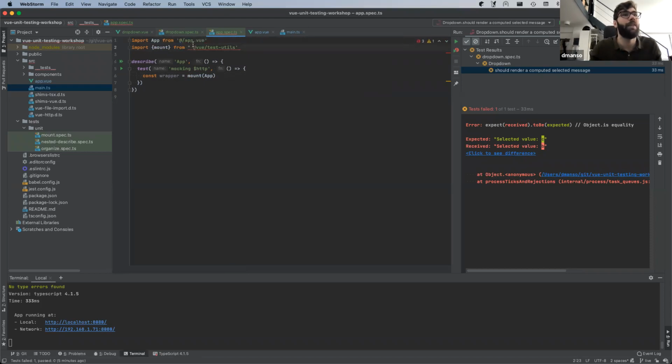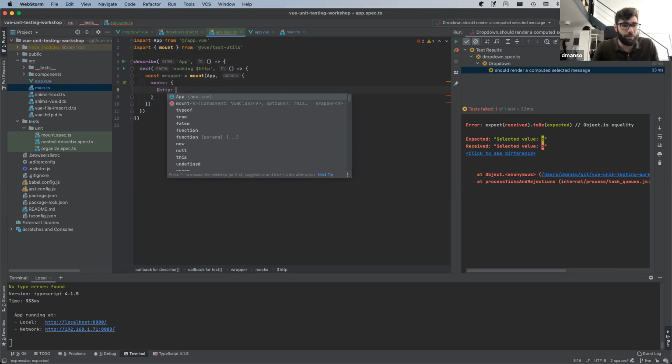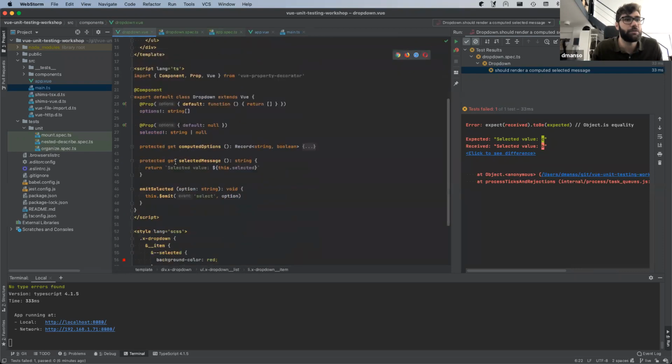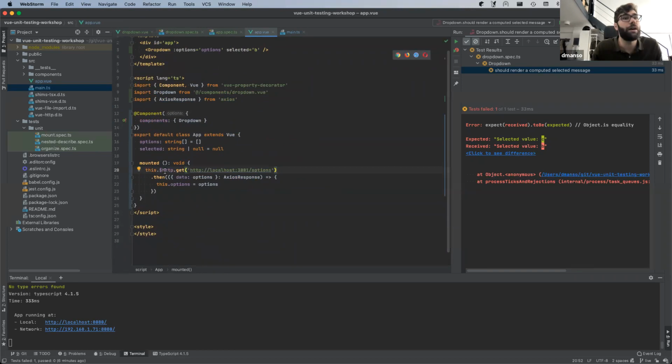In the mount method, we can pass the mocks option, and here we can mock every method and every property defined in the instance. So here we can mock this. This is just a test. We can mock this get method,